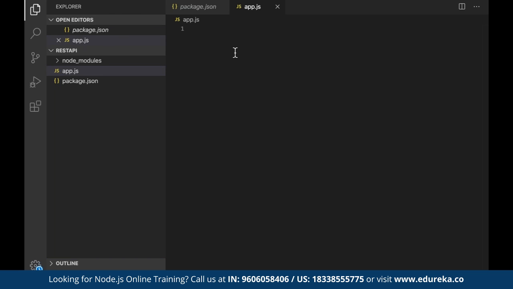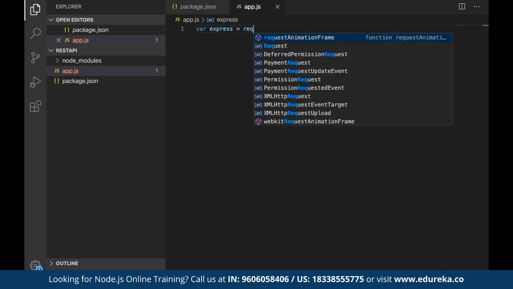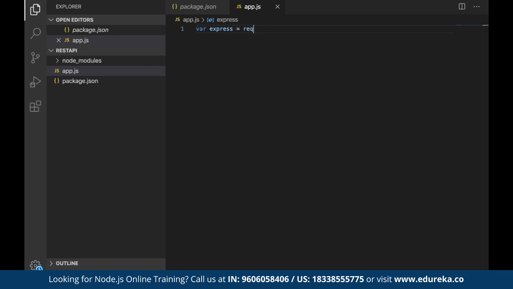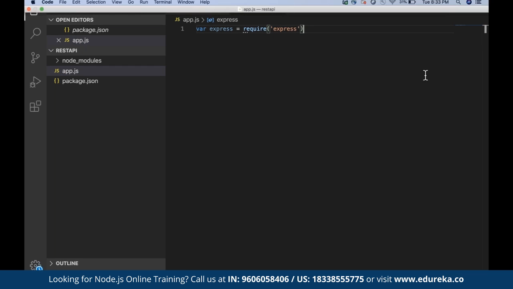Now, the very first thing is whatever package you are using, guys, you have to require that package. We call it importing that package. We do it like this. We'll say var express equal to require express. Basically, what I'm doing is requiring a package by the name of express.